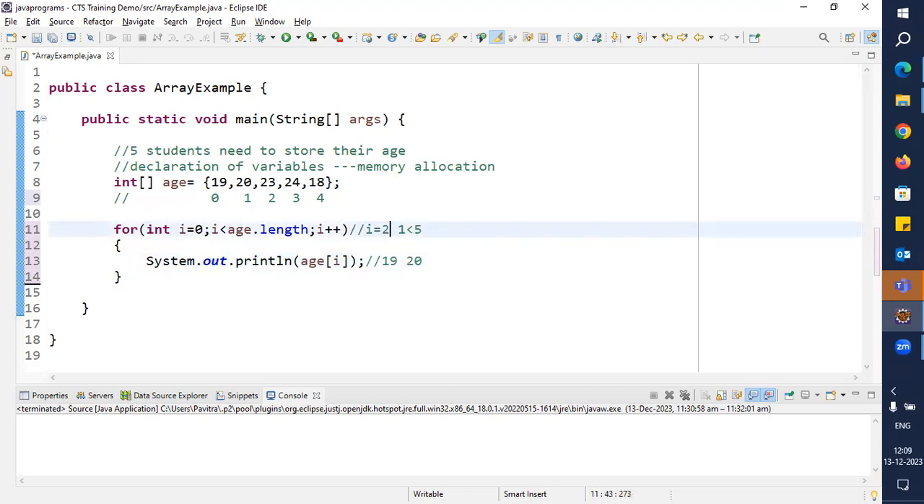I value is 2, and 2 is less than 5. Okay, condition is true. And here, age of 2, what is there in age of 2? 23. So it is going to print 23. And next, I plus plus, I value will be